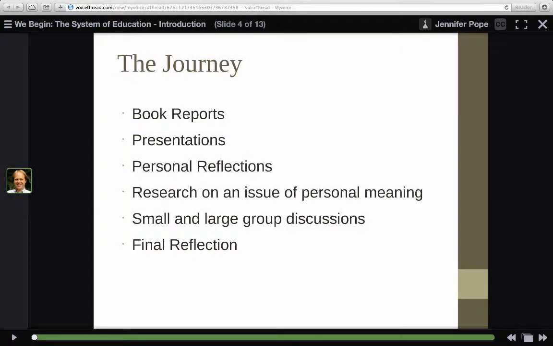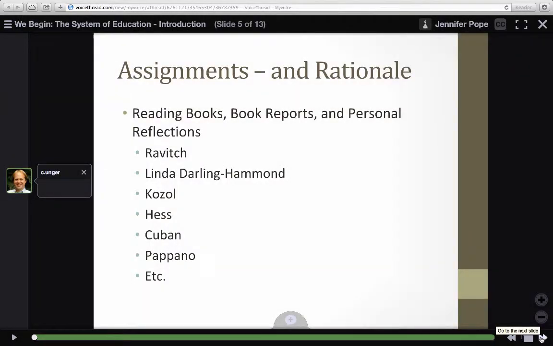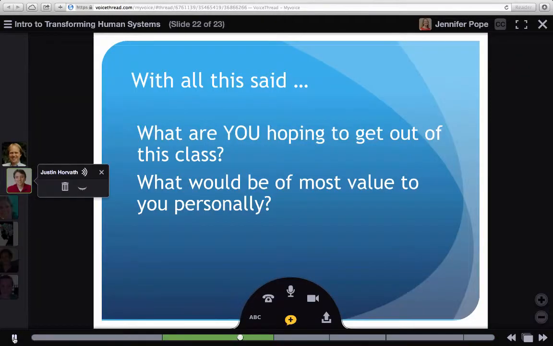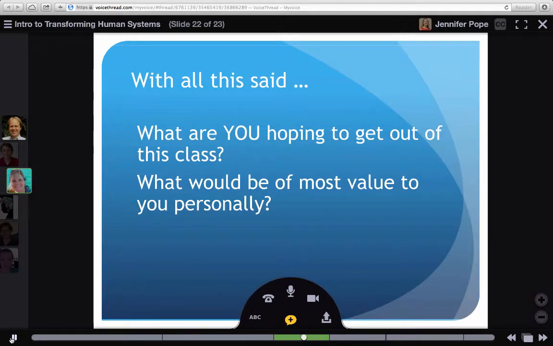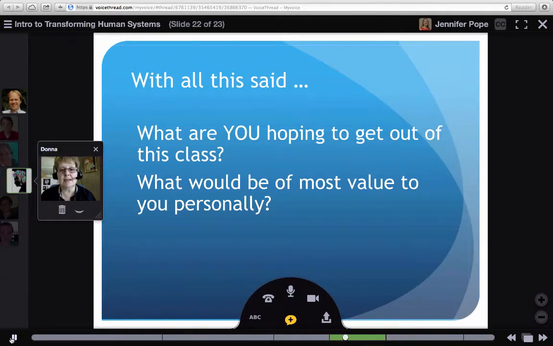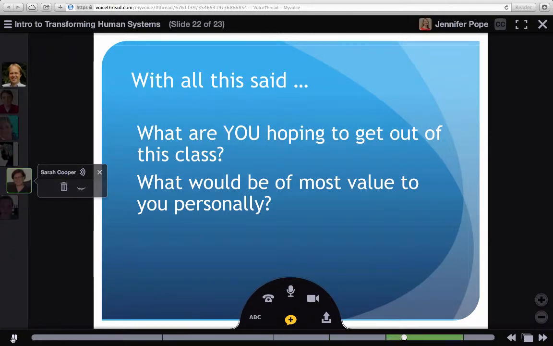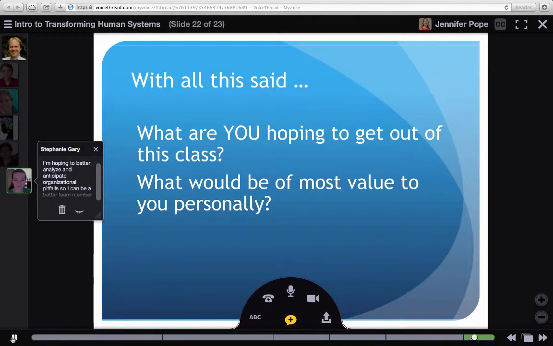They're actually hearing me walking them through the purpose of the class, the assignments of the class, the expectations of the class, and I actually put in some slides at the end and say, what questions do you have? What do you want to get out of this class, and so forth. And I ask students to provide at least one or two comments or ask questions or provide something on the VoiceThread. So early on in the class, apart from the discussion board, I'm already getting comments or questions, getting an idea or feel for what students are looking for in the class because they've added that commentary to the introductory VoiceThread that I've created for each of these classes.